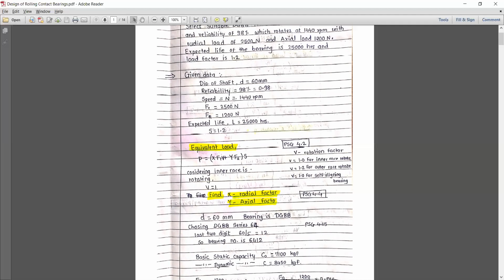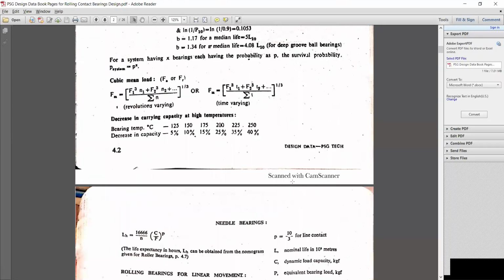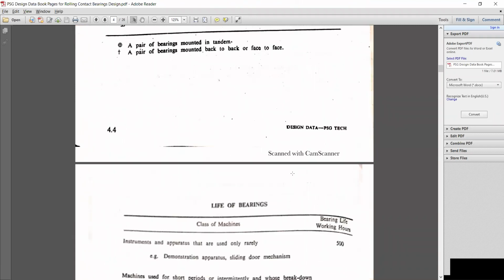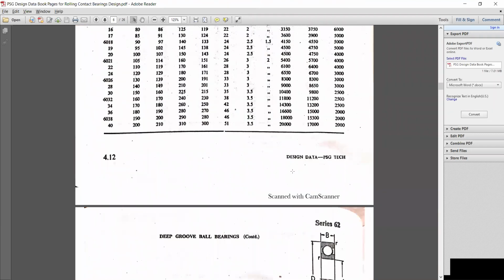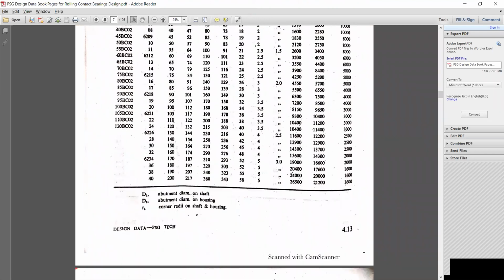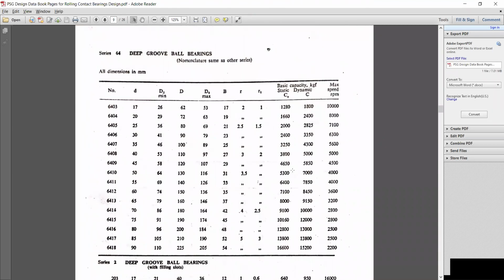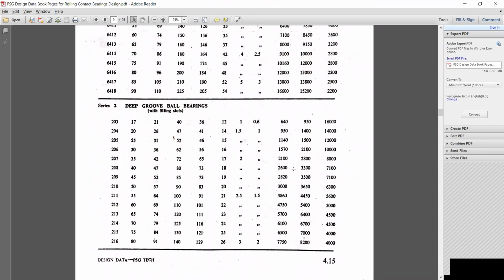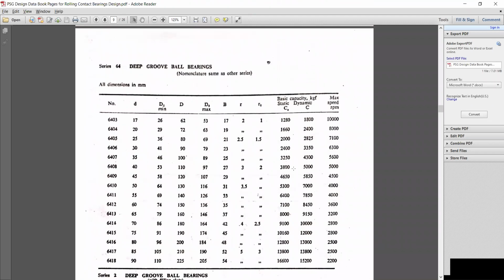Now we need to find out the static and dynamic capacity of the bearing. You can refer to PSG. In PSG, we need to find the page number, referring to PSG page number 4.15. The 64 series is given. As the diameter is 60 here,